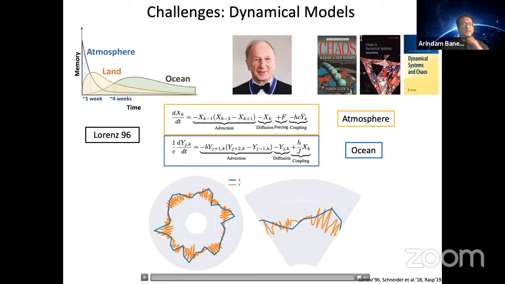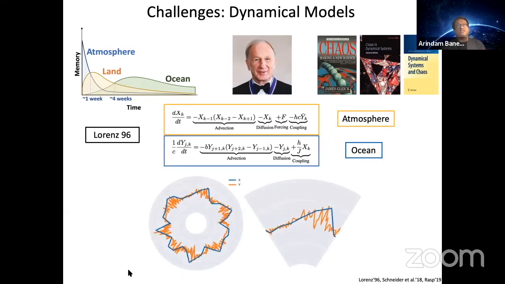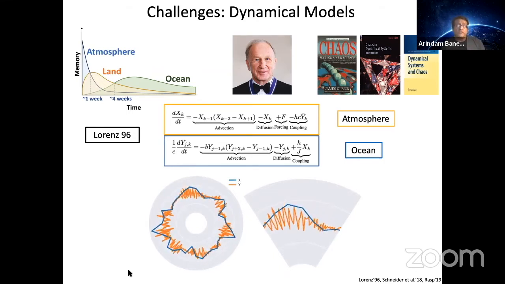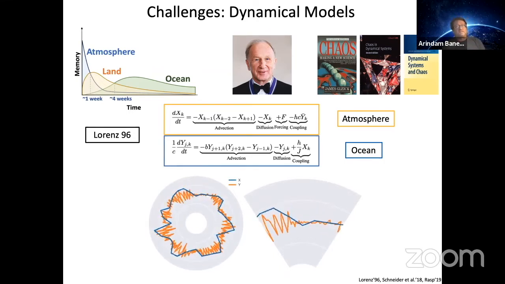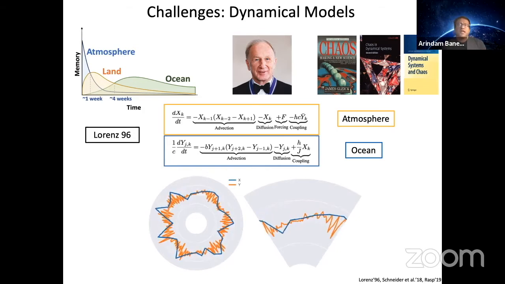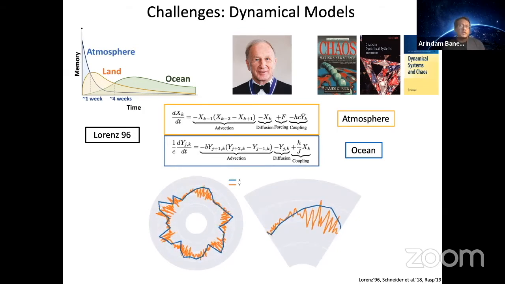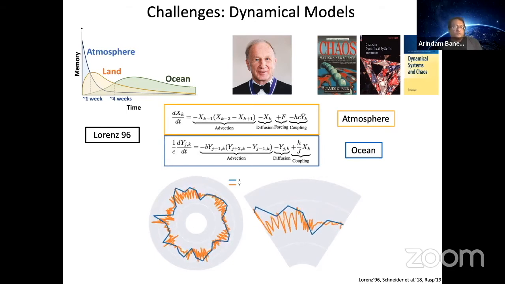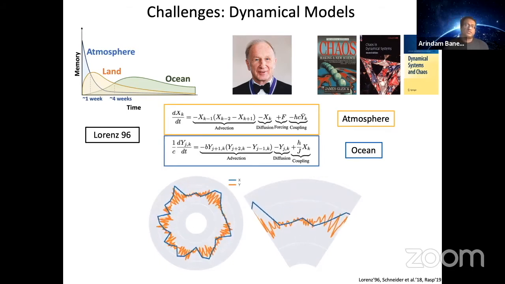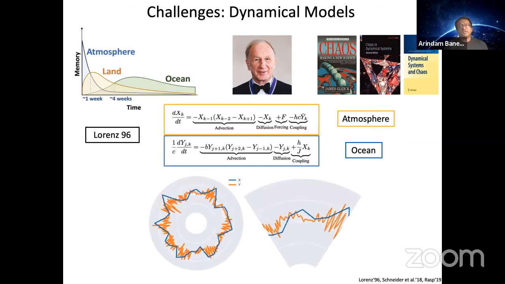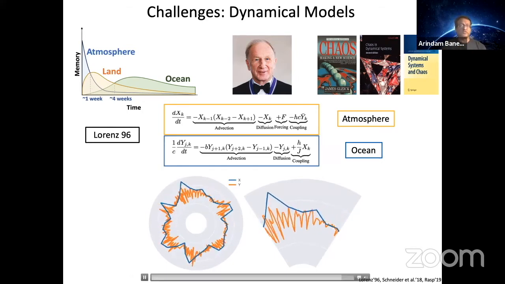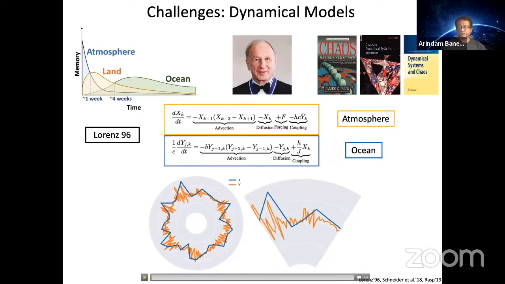So this is how the dynamics play out, right? If you see orange is the atmosphere, you see how fast the dynamics are for the atmosphere, this fictitious atmosphere, and how slow the dynamics are for the ocean. So you have a better chance of predicting or forecasting the ocean compared to those orange wiggles. But when we are in the subseasonal range, we have to probably do both or a mix of the two. So this is the challenge, right?